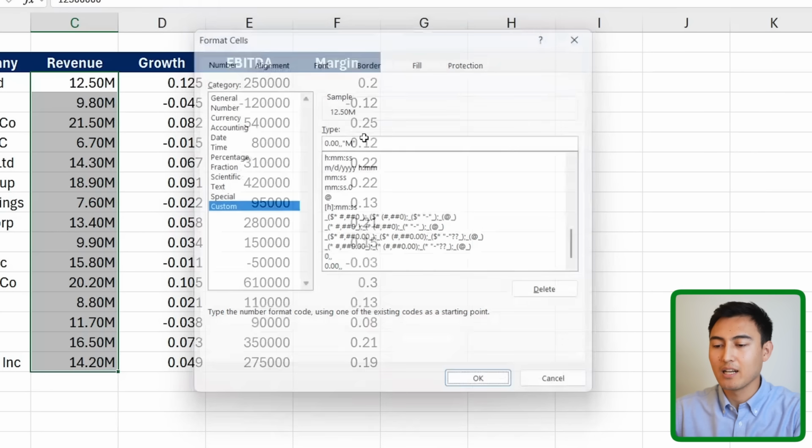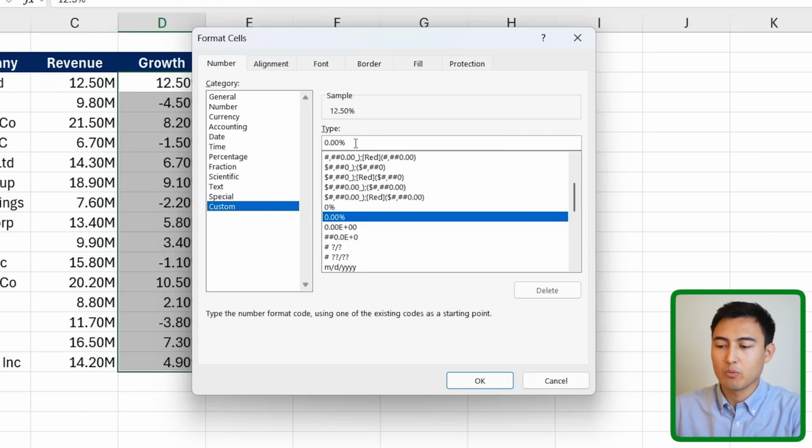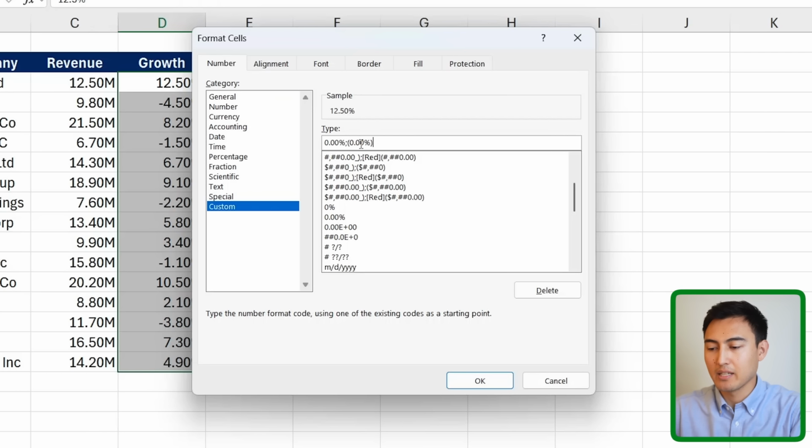I'm just gonna select all of the values, press Ctrl 1, and under this custom area, you'll notice that we now have it formatted as a percentage, but this is for a positive value. When it comes to a negative one, we separate these with this semicolon. And then in parentheses here, I can put that same formatting, so 0.00% and close those parentheses. So now we're saying when it's positive, I don't want any parentheses, but when it's negative, I want it wrapped around. So we'll hit enter there and it's gotten rid of the minus sign and instead these parentheses represent negative